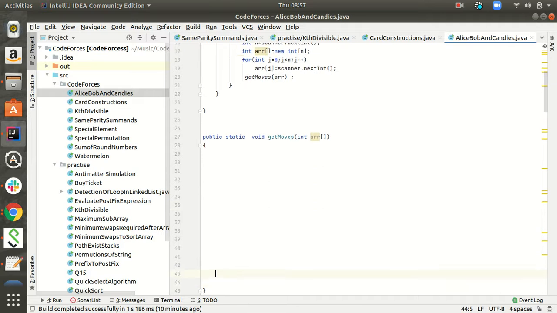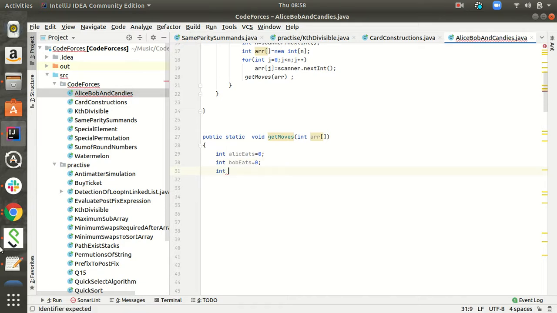We are passing an array to it, and now we'll start initializing int aliceEats equal to 0, int bobEats equal to 0.